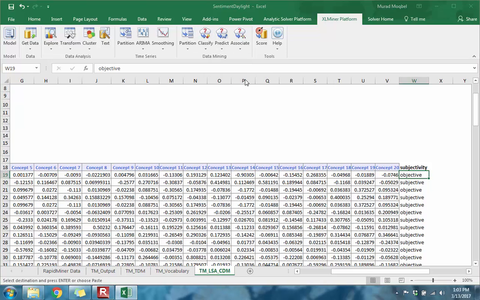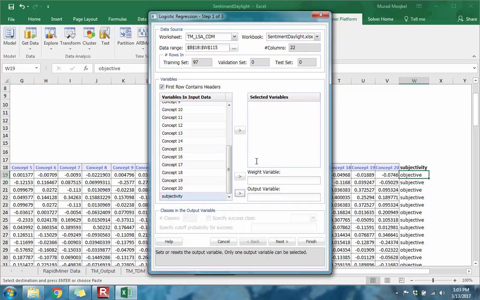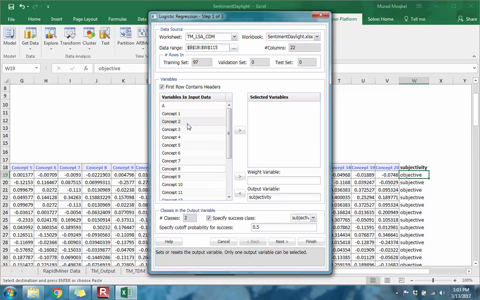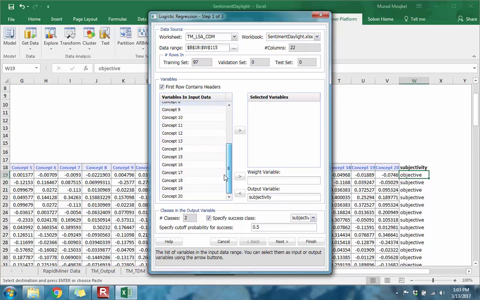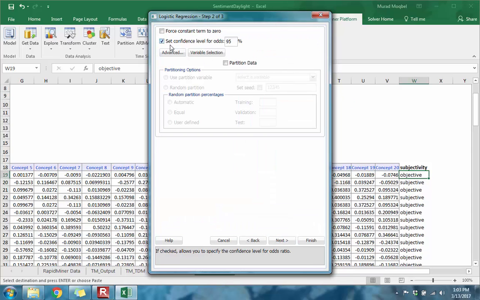So our target variable here is subjectivity. So I'll drag it to the output variable, and then I'll select all the concepts from concept 1 all the way until concept 20, and I will drag them and put them in selected variables. So I'm interested in the success being subjective and the failure, so basically subjective will be 1, objective will be 0. And then also let's set confidence level for odds 95, and then I can use partition data. Go next